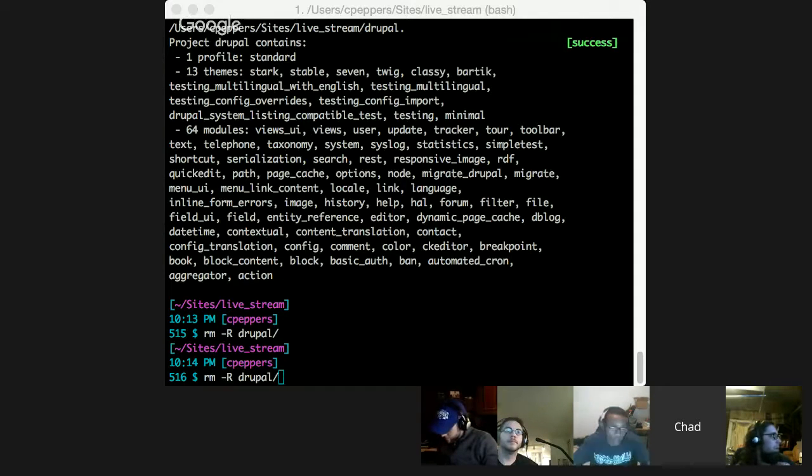So actually, hold on just a second here. Sorry, I got sidetracked because I completely forgot that since Drupal 8 is the big push now, when you run commands like drush download, it's going to download Drupal 8. There's a flag that I need to figure out real quick on how to download it for Drupal 7. Is that because it does the latest? It does the latest version of Drupal 8, yeah, but you can tell it to download. So give me a second.